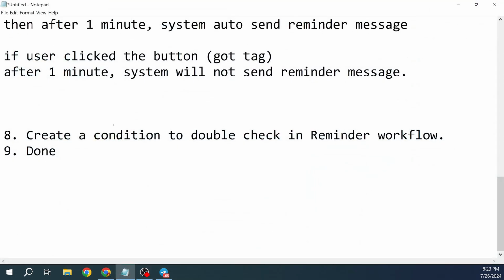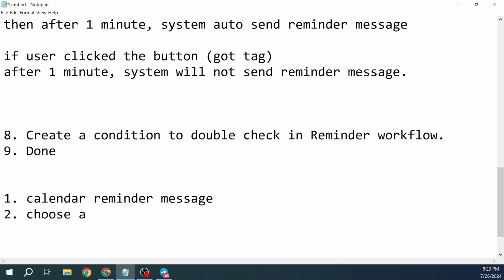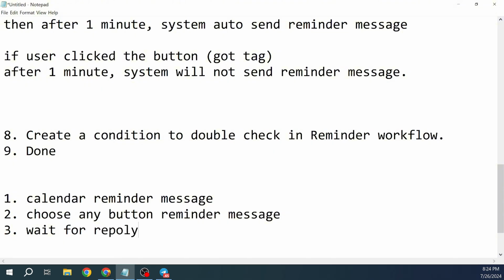Alright, so for this tutorial, you can use this type of tutorial for any reminder message. For example, calendar reminder message. You can go for a type, choose any buttons reminder message. You can go for text waiting for reply reminder message. So the tutorial is just very simple for you to understand how the system works and how you